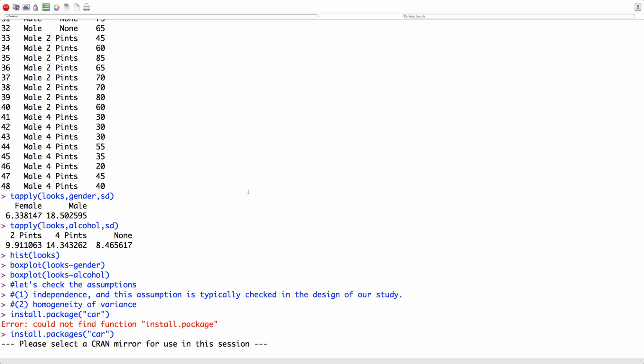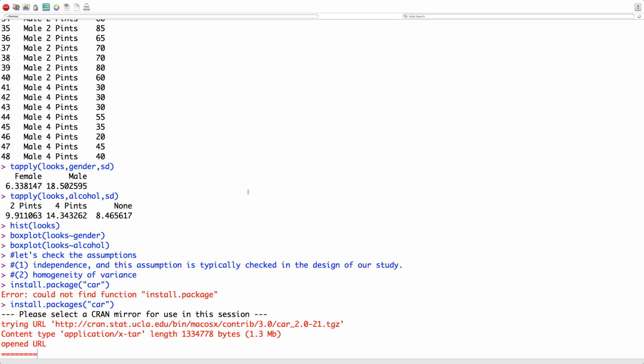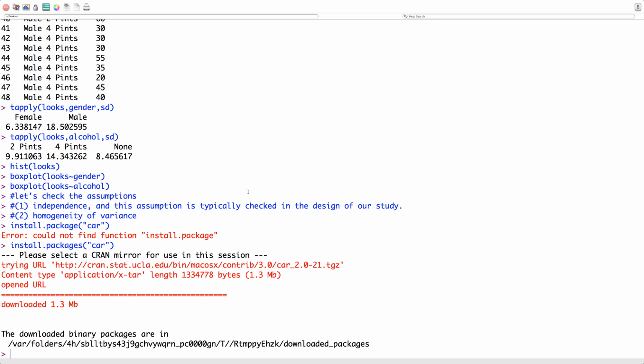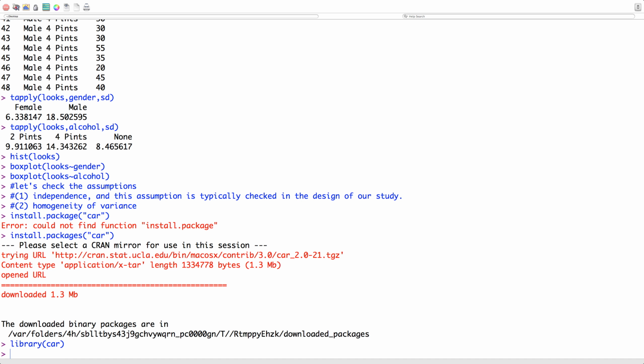And give it time to work. And the next thing I want to do is access the library for car. All right, so let's run it. So we have Levene's test